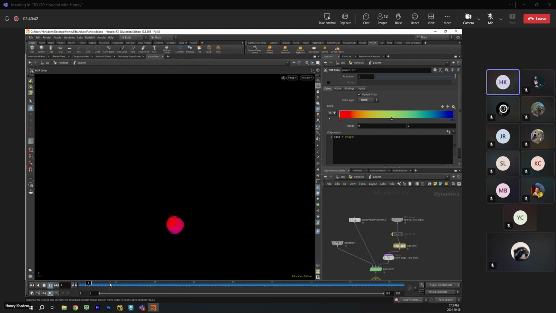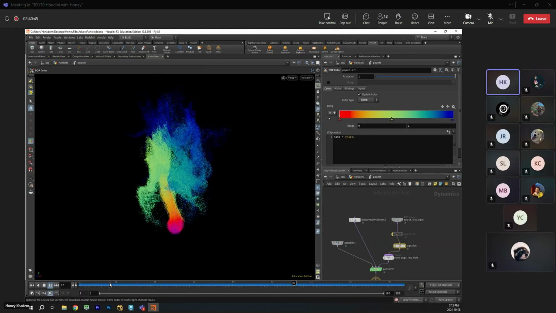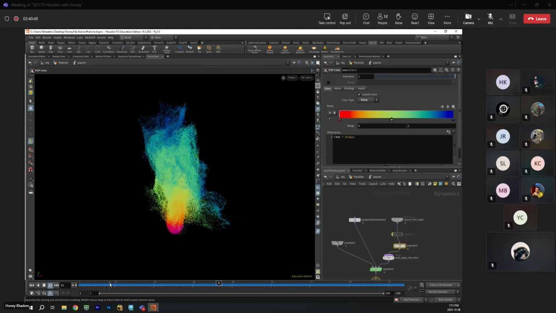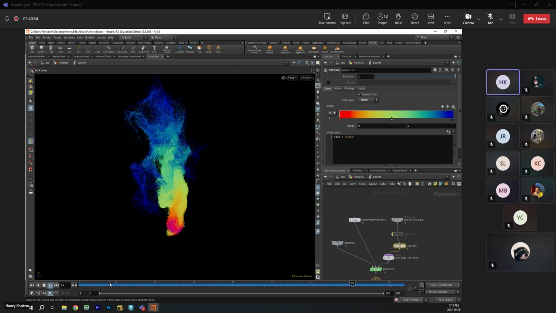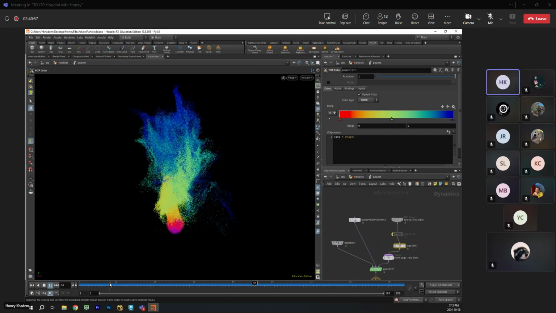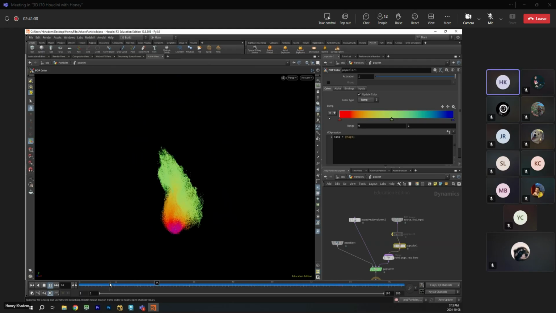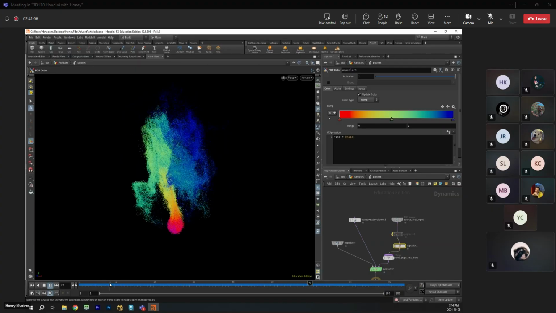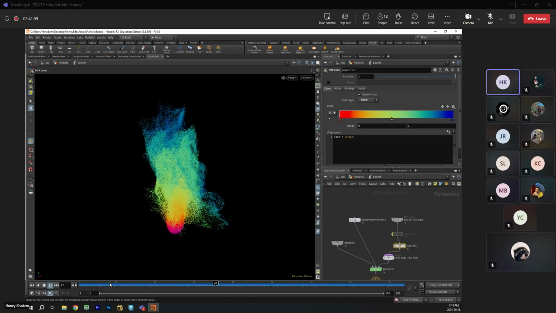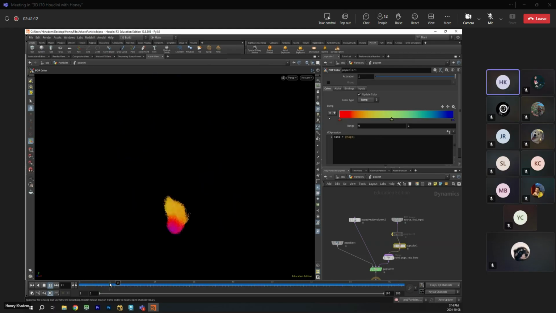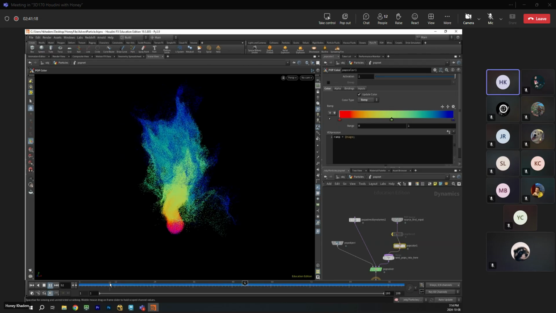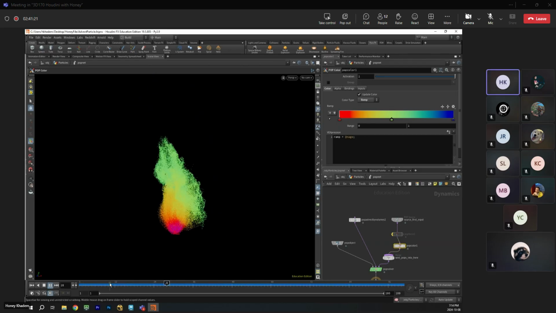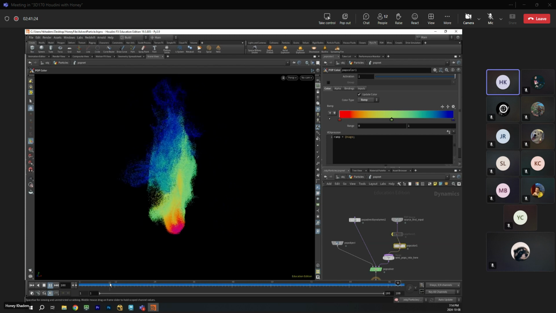If you guys want to make something more complex, make sure that you're happy with your volume simulation, the smoke simulation, cache it out, and then use it as your volume source, as your velocity source. The first input, the second input should be the velocity. All you have to do here is the volume.